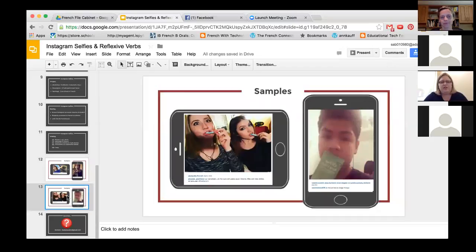Another picture of a couple of my girls in my class being goofy in the bathroom, brushing their teeth. And then one of my boy students over here getting ready to wash his face. Now, all of these, of course, are reflexives, and I think if there's one comment I would make about this,